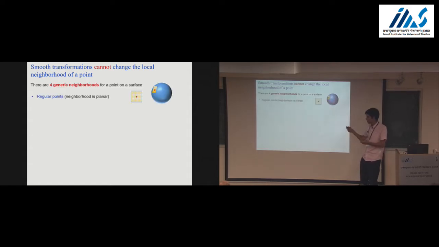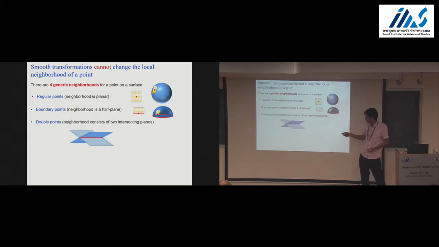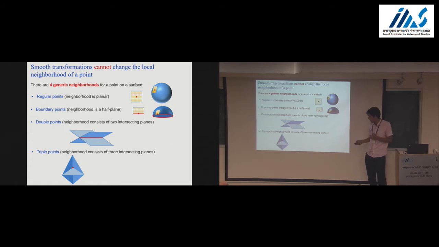So we can think about four generic types of neighborhoods. One is regular points, where the neighborhood is a plane. You can think of a boundary point where the neighborhood is a half plane, like in this spherical cup. And there can also be double points where two planes are tangent or intersect, or triple points where three